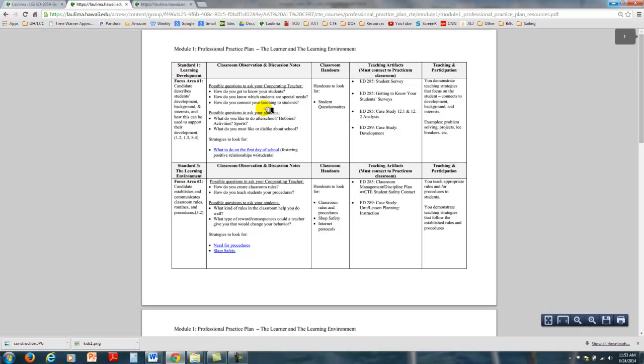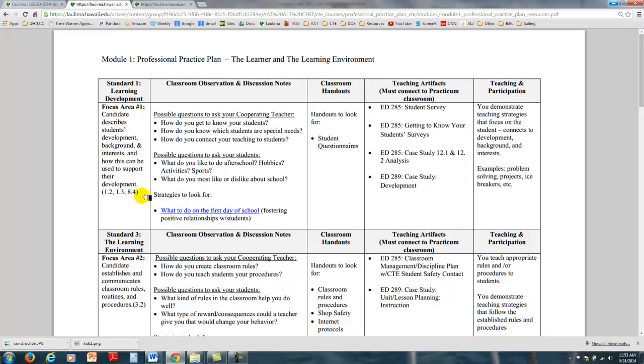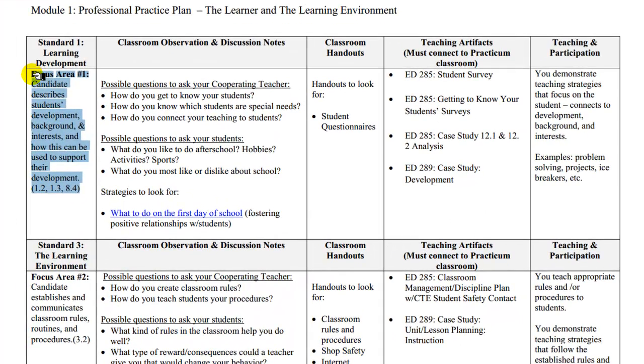You'll notice that on the left-hand side, let me go ahead and make this a little bigger so you can see it, will be your focus area, and this is a standard. There are several standards in this focus area, listed down below, that you'll need to demonstrate proficiency on. And you'll notice there are 4 aspects going across. The first one is what we call the least passive, meaning that you're just watching. And so that comes from folks who are brand new to teaching and are just asking questions to get an